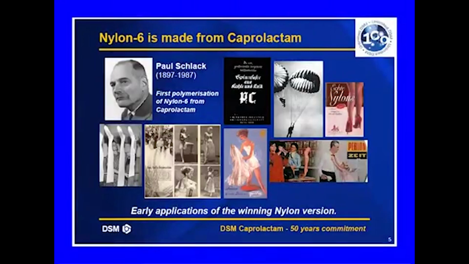This is the importance of caprolactam, and you can see the large application. Paul Schlack was the first to polymerize nylon 6 from caprolactam. He was the man behind the invention of nylon 6, and so these are the various applications